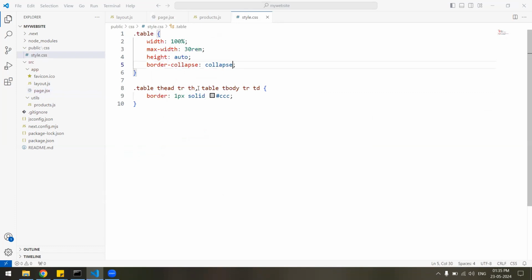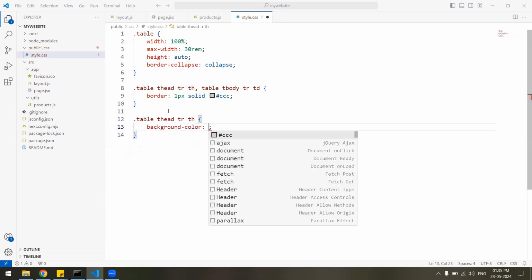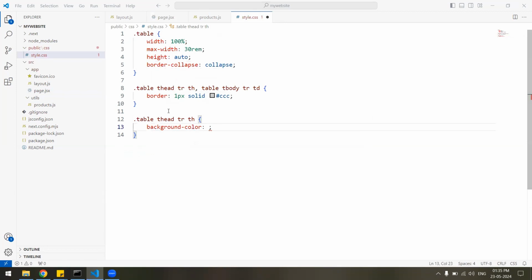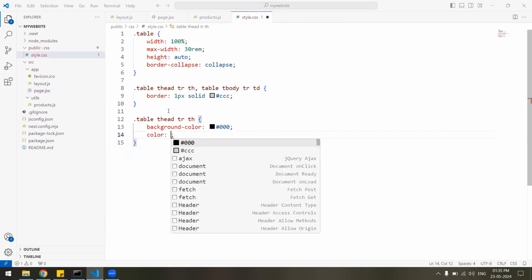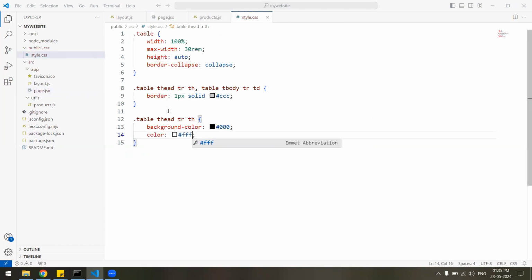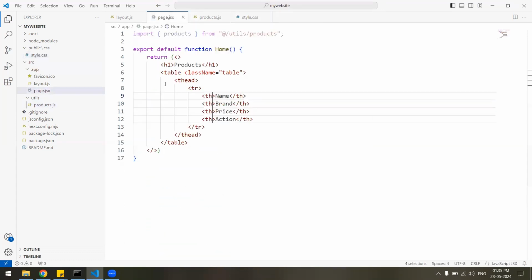Let's go to the style.css, and inside that th, make it background color 000 black, and the text color is white. All right, now we'll go to